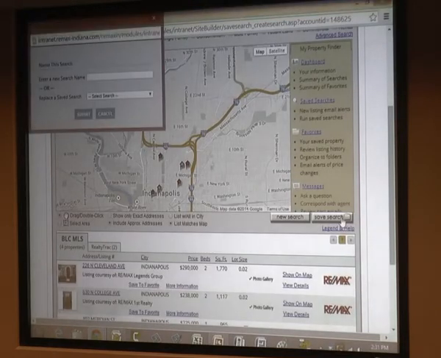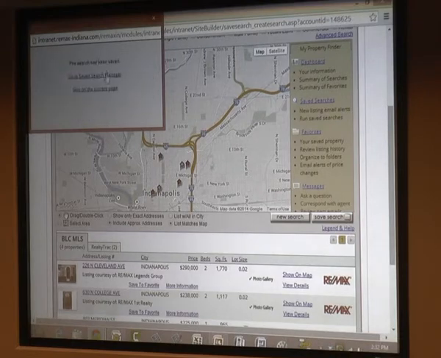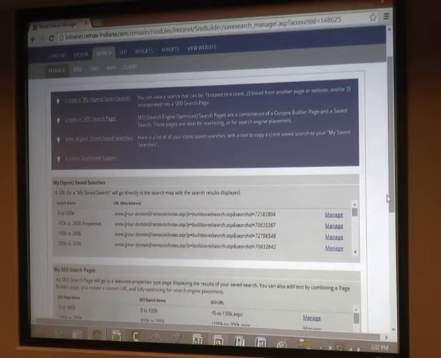And what's one of the best things about having an agent website? It's updated by the MLS. So this is a living and breathing search, because as these properties come off the market and as other ones come on, this search that I'm creating will be updated with that necessary information. So now I can just call this something like 46204, hit submit, go to my Saved Search Manager, and now